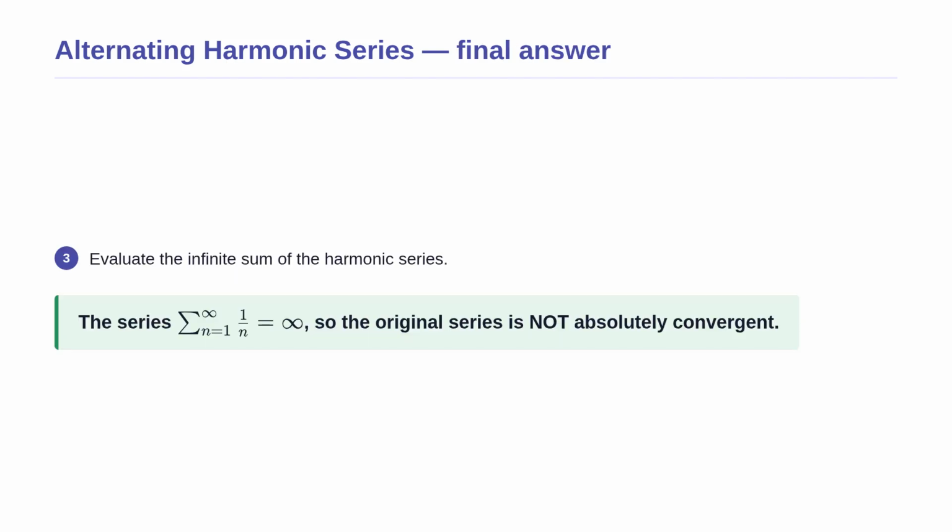Now we must evaluate if this specific sum is finite or infinite. We know from the integral test or the p-series test that the standard harmonic series diverges to infinity. Even though the terms get smaller, they do not get smaller fast enough to sum to a finite number. Because the sum of the absolute values is infinite, the original alternating harmonic series is not absolutely convergent. It does converge in the ordinary sense, which is called conditional convergence, but it fails this strict absolute test. This distinction is incredibly important.